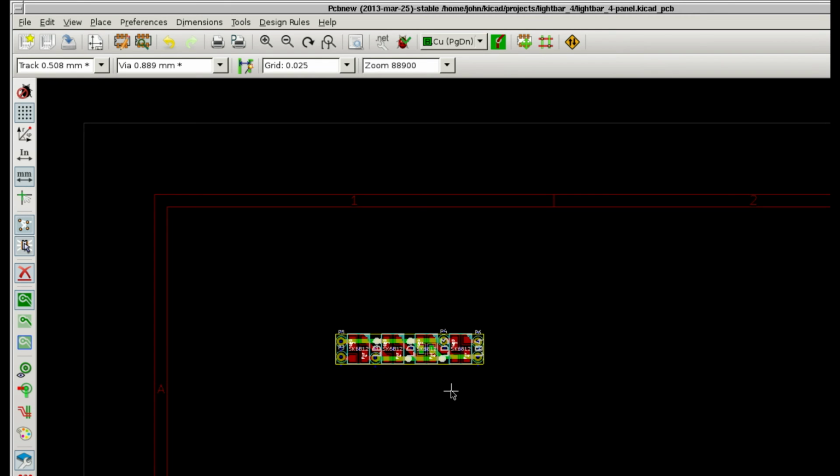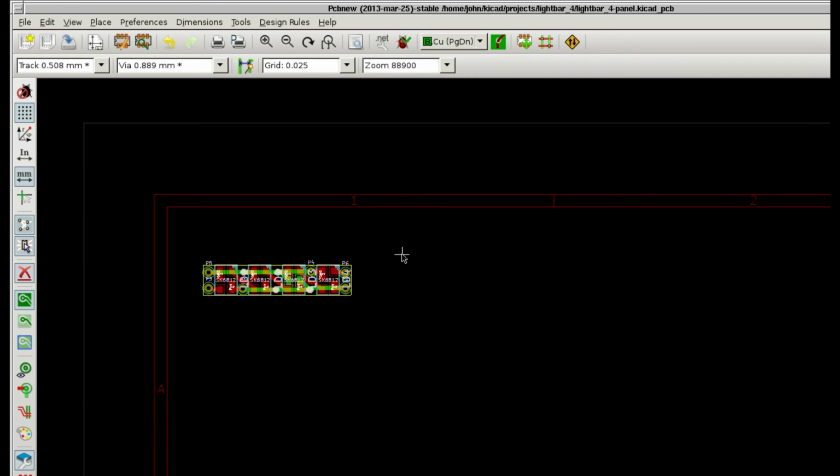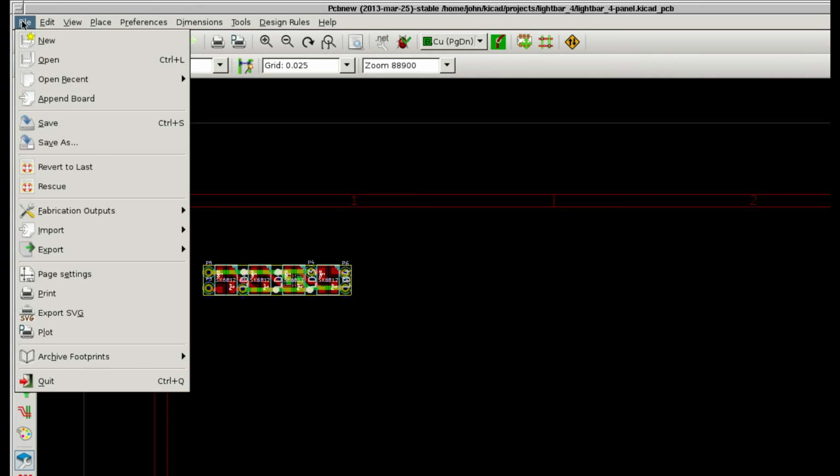And I discovered while doing this video that there's a bug in the program. If you leave the original PCB in the plane of the area that the panel is going to fall in, it's going to move some routes randomly, and I'm not sure what it is. I'm going to look and see what's going on. I think as long as you keep the board well out of the way, 50 millimeters is around about this area here, so this is well out of the plane. I'm going to save that file